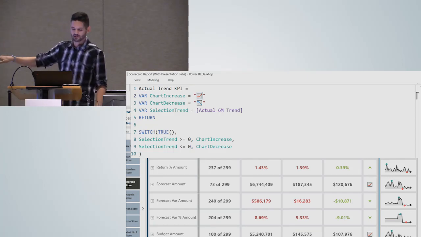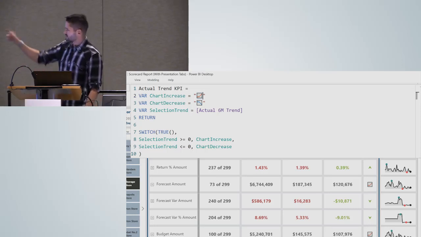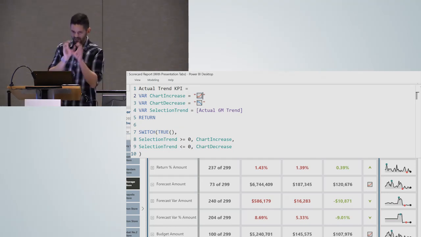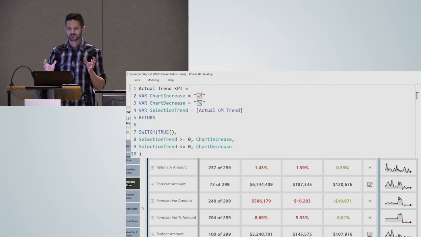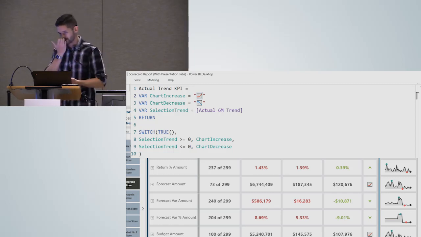I could paste them down there. I don't think the performance is going to change at all for that because it's just calling upon a symbol. But I generally just like to have my list of variables at the top and just the names of them as very clean text at the bottom. So it makes it much easier to read the logic rather than maybe just a bunch of symbols that are in there.